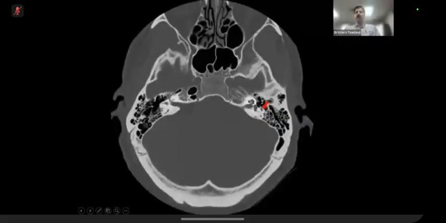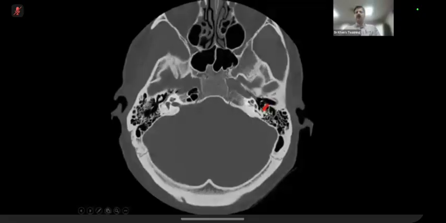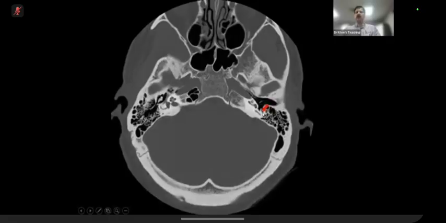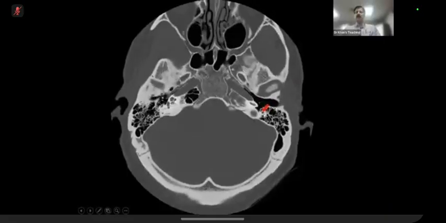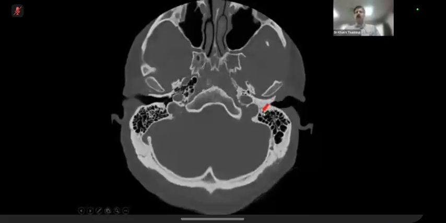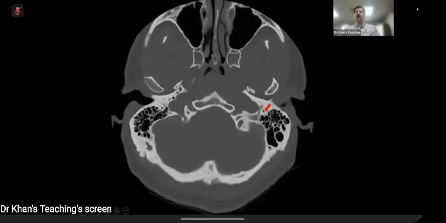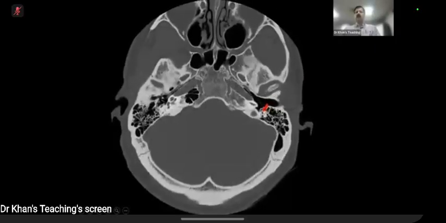So here, if you see it very carefully, you can see a triangular structure where I am pointing out. You see this? And this is known as the pyramidal eminence. We will learn about it subsequently. If you see it very carefully, there is a dot here. So this is the stapedius muscle actually. And this thing is the descending portion, and it will go out. Another point to remember is that,